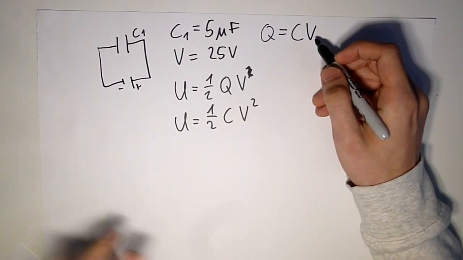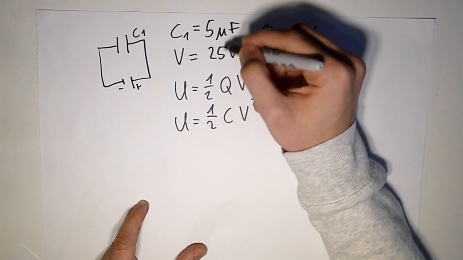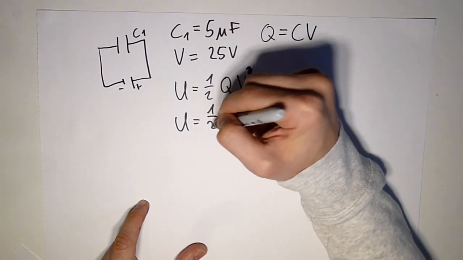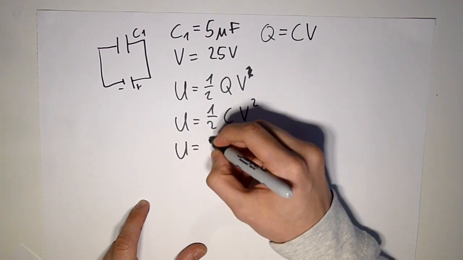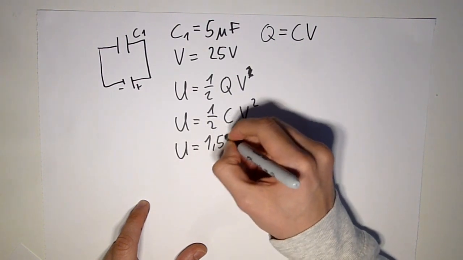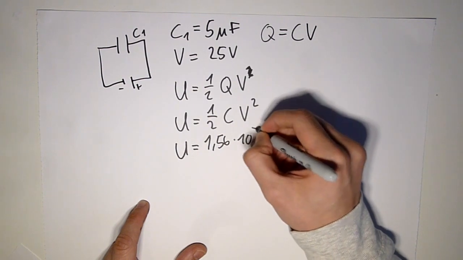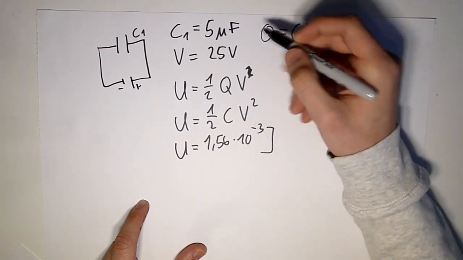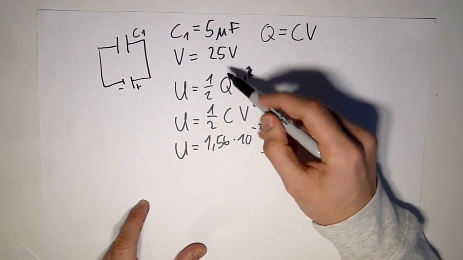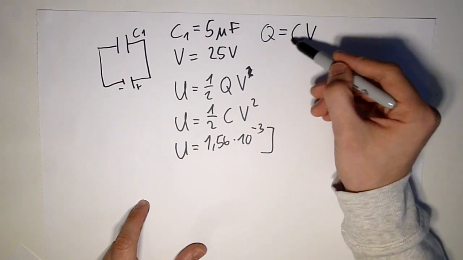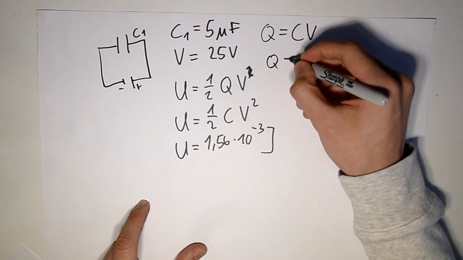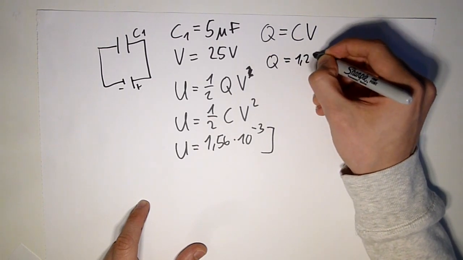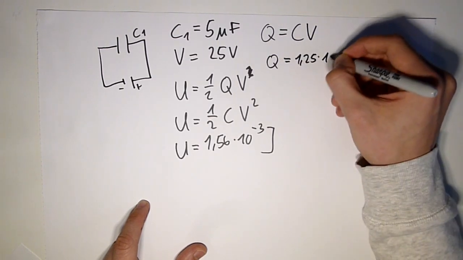So we can substitute all of these values in our equation here, and we will get an energy of 1.56 times 10 to the negative 3 joules. And what we can also do is substitute the values that we have given here into this equation, and we will get a charge of 1.25 times 10 to the negative 4